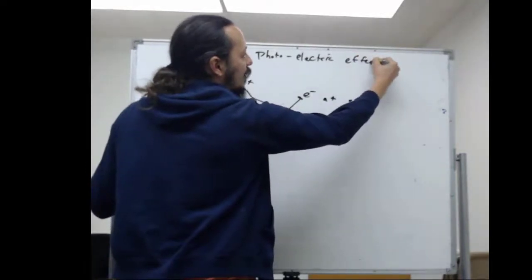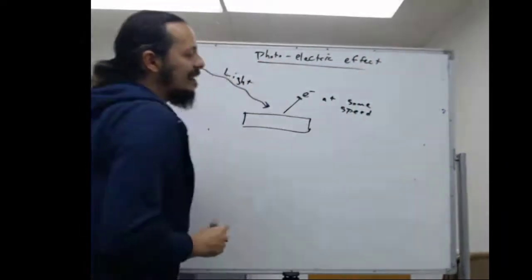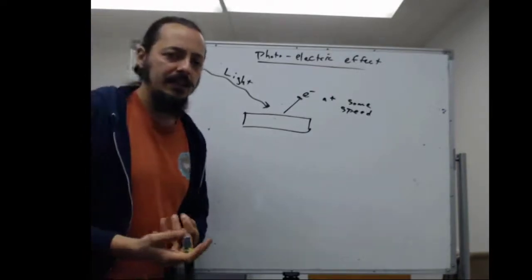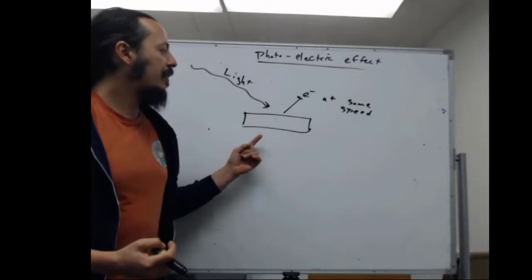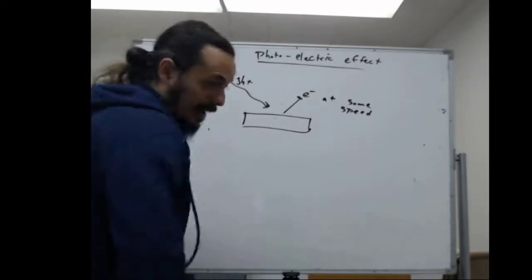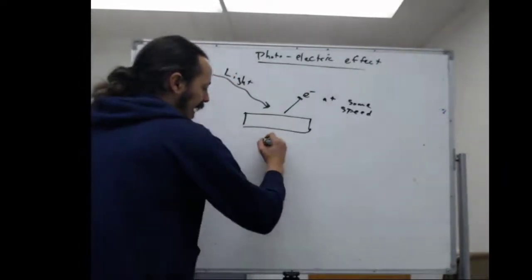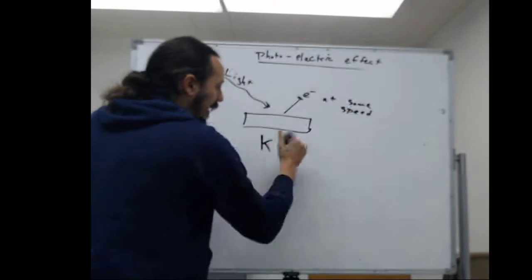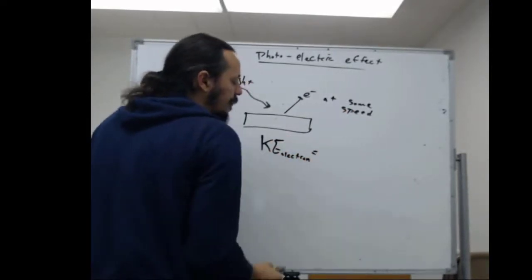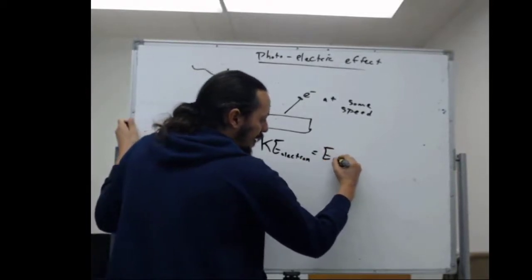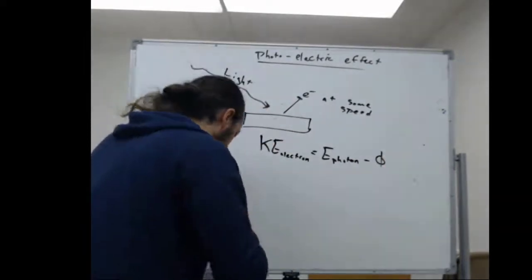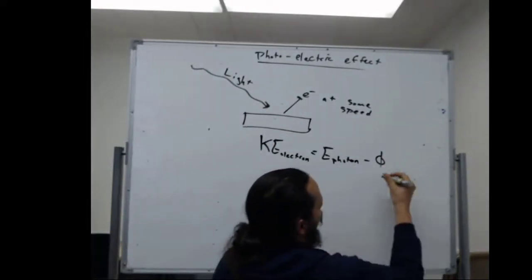The other reason this is going to be important is because it's one of the main experiments that gave this confirmation of quantum mechanics and revolutionized the way that people were thinking about electrons around nuclei. Albert Einstein is the person who did this, and we get this equation where the kinetic energy of the electron is going to be equal to the energy of the photon minus the work function, where the work function is